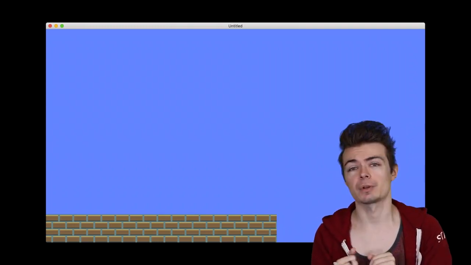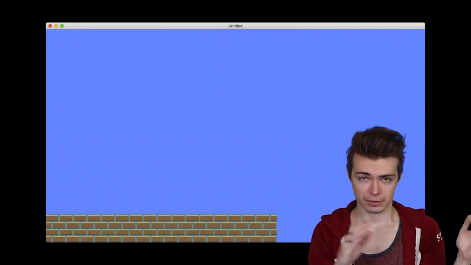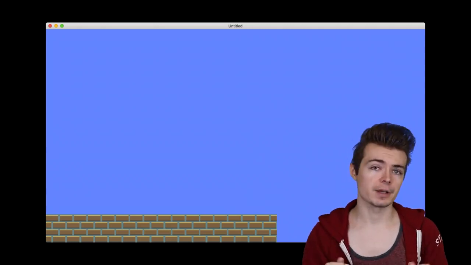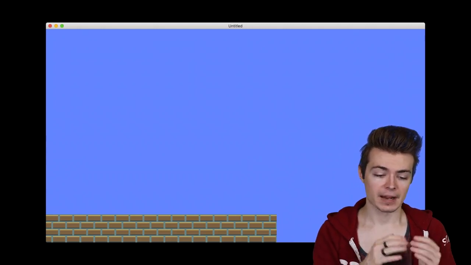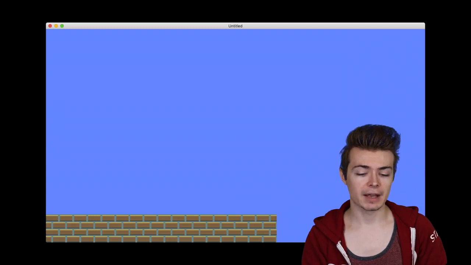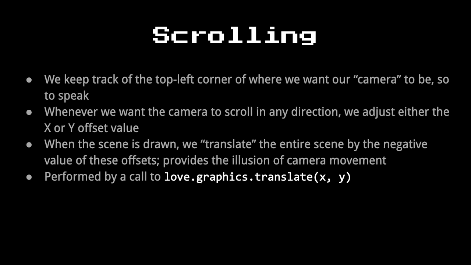Now, it's called a side-scrolling platformer because it does indeed scroll, typically from left to right, and it follows the player often. In this example, we're just going to illustrate automatic scrolling, an auto-scroller, so to speak, by adding almost like a velocity like we used with the paddles in Pong, and applying that to a virtual camera. And to do that, we're essentially going to keep track of the top left corner of a camera, a virtual